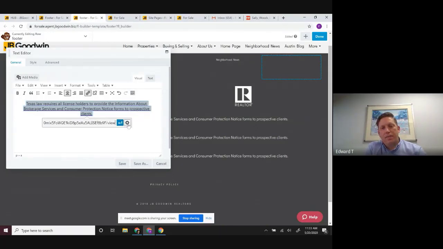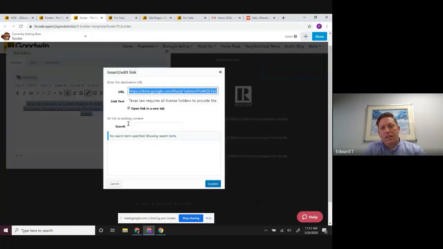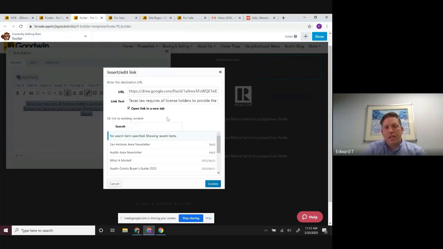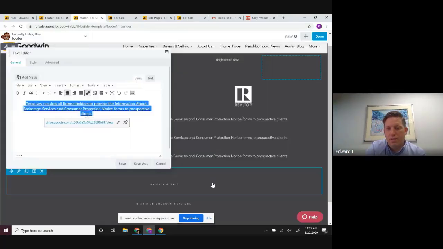And a little tip, if you click the gear icon, the setting, you want to select Open in New Tab. So anytime you add a link to a website, there's typically an option to open a link into a new tab. What that does is it doesn't take them totally away from your site. It's just a pop-up, a new tab. So it doesn't pull them off of your site. Update,